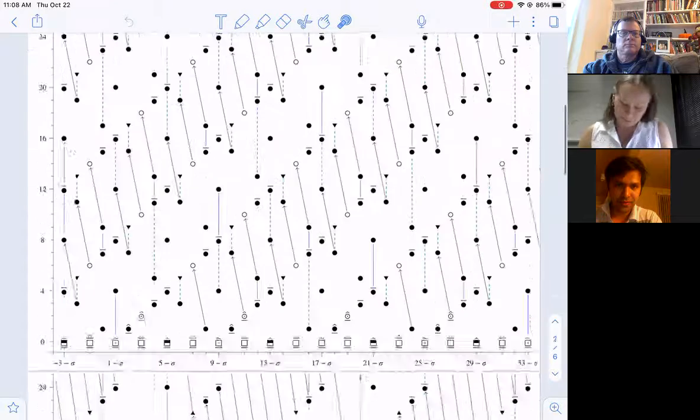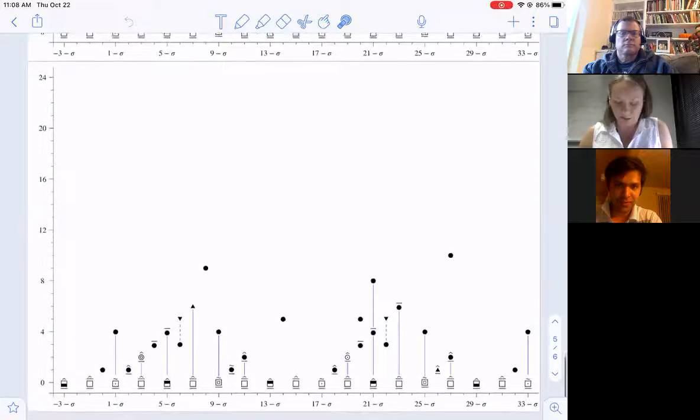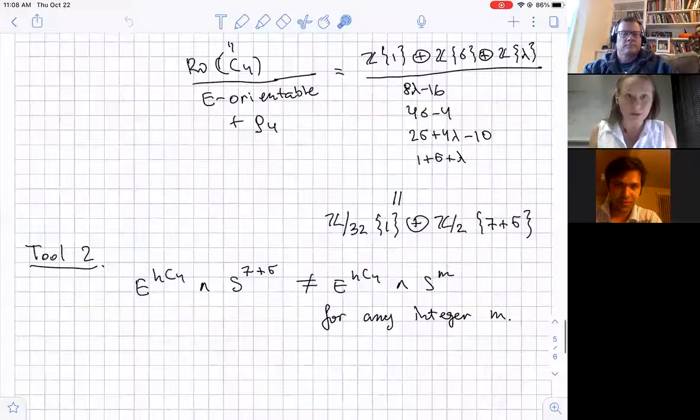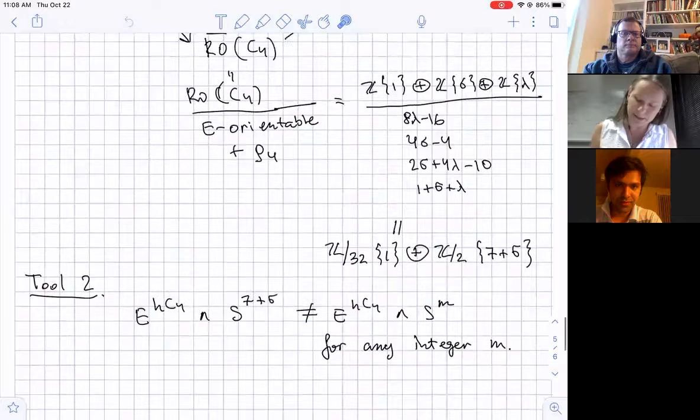So we computed, and we get an answer. And that answer is very different from the integer graded homotopy. And at no shift does it coincide with the integer graded homotopy. So, okay, you just compute that. And that means that